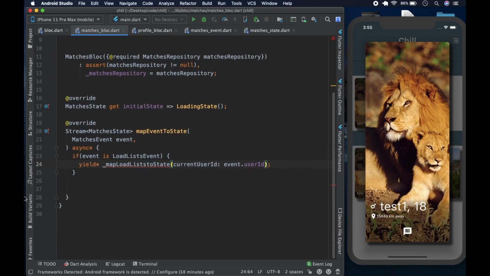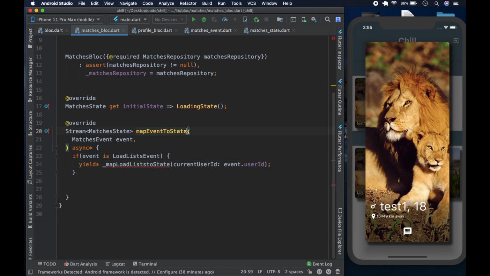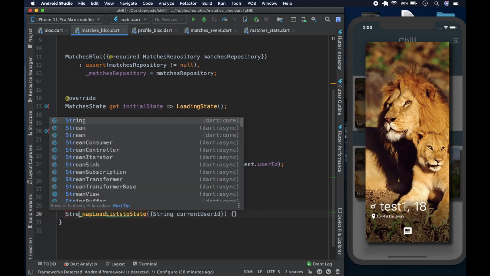And of course we could finish this and then come to this, or we could do it. Which one is going to be... let's do it. Let's just do it. Let's come here and create, let's wait for this bulb, and we can create the method. And on this method we type stream. Of course it will complain, but